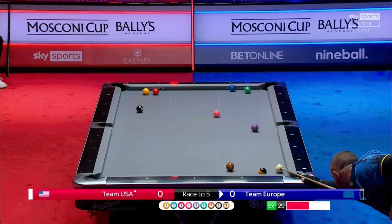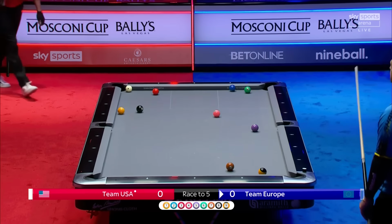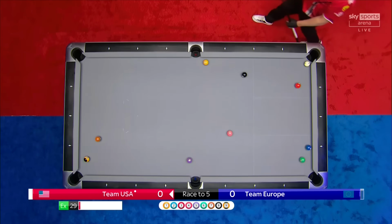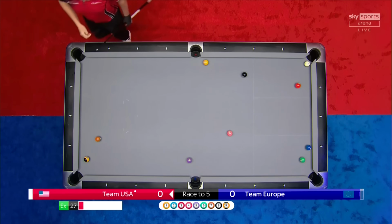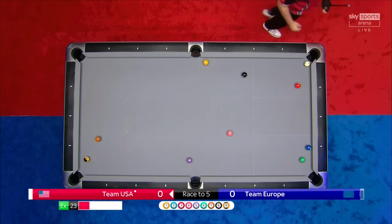This is a tricky spot for Jason, isn't it? You can't pop the 1. He's going to try and get the cue ball in behind the 3. Well, he did, but that's an edgy shot as well. It's a little miss. It's not the end of the world. The 2 ball is in a tricky position, but, you know, at the end of the day,